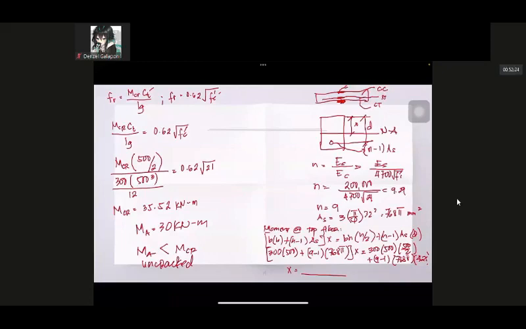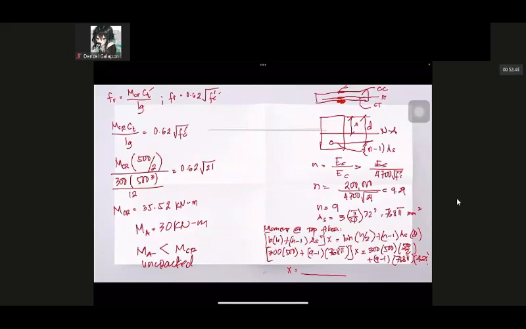So that is quantity 300 times 500 plus (9 minus 1) times 768 pi multiplied by x, the unknown, equals 300 times 500 times 500 over 2 plus (9 minus 1) times 768 pi times 425, or the effective depth. So x equals